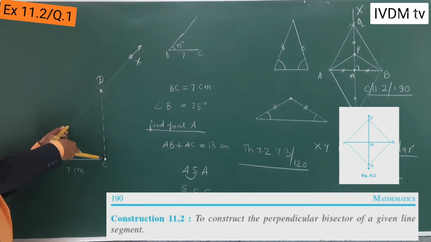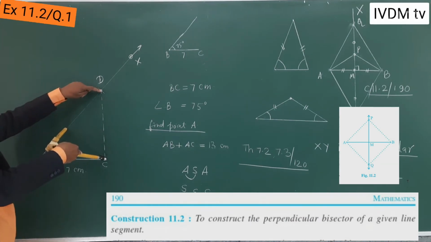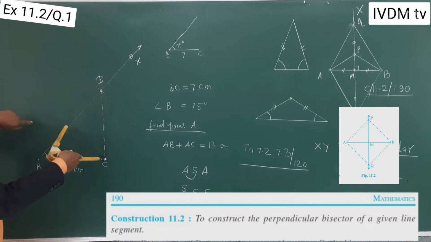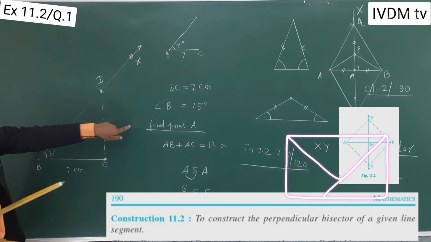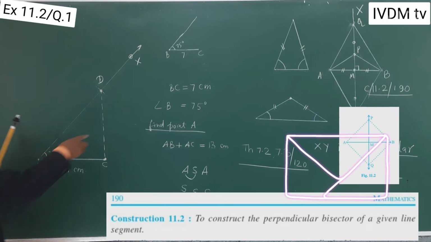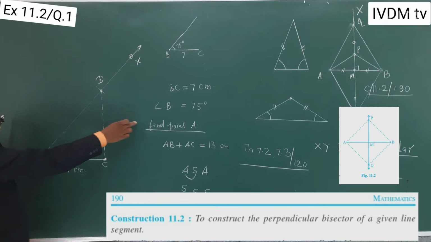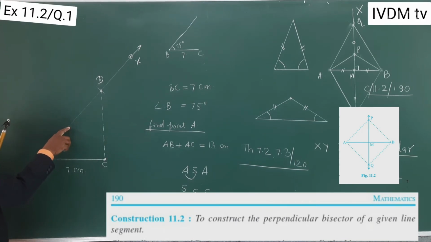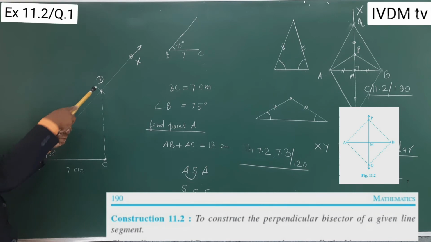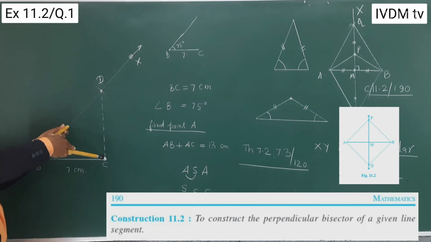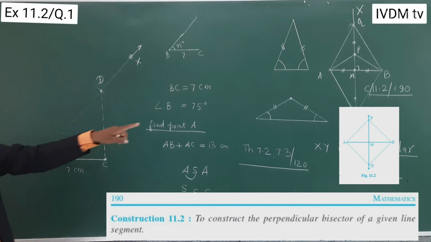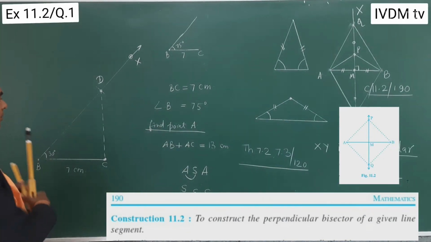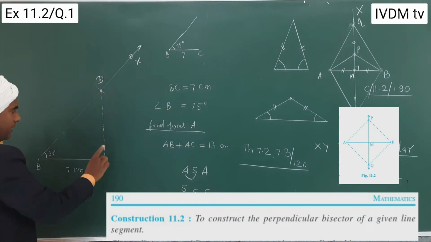So I don't know, but we know the 2 points. So get all the points which are equidistant from these 2 points. Means perpendicular bisector. This line, the bisector, will cut a point. Here you will get this point equal to this. Means the 2 points you are given, A, B, you have to draw the perpendicular bisector. All the points which are equidistant from this point and this point.